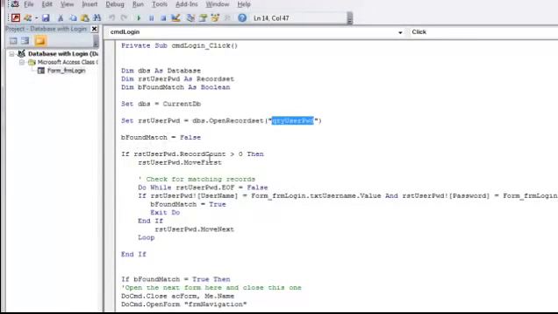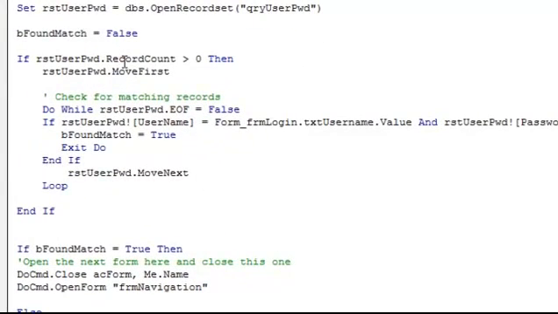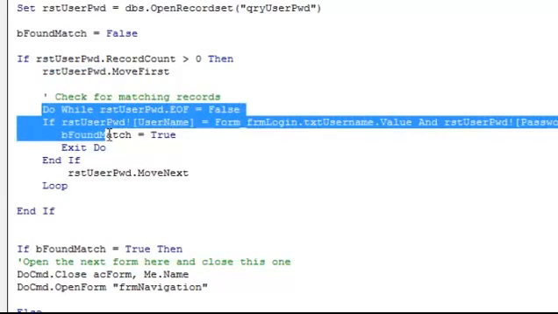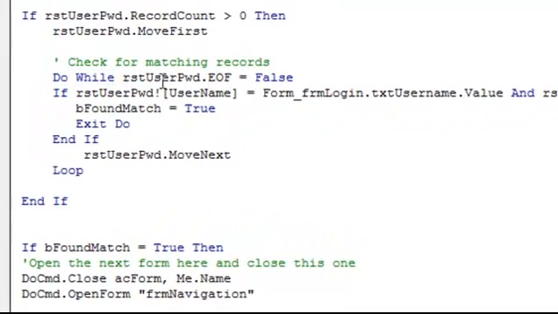Alright, so what we're going to do first is check to see are there any records, because we obviously don't need to do anything if we don't have any records there. And if there are records, we're telling it to move to the first record, and then we're telling it to go through a while loop here in the sequence. So we're saying do while, and while we're not at the end of the record set, so while record set EOF is equal to false, so